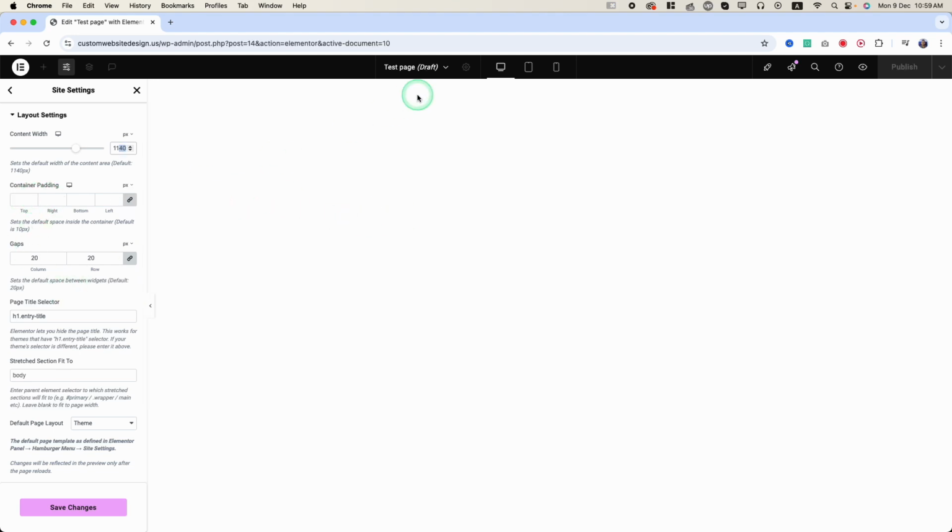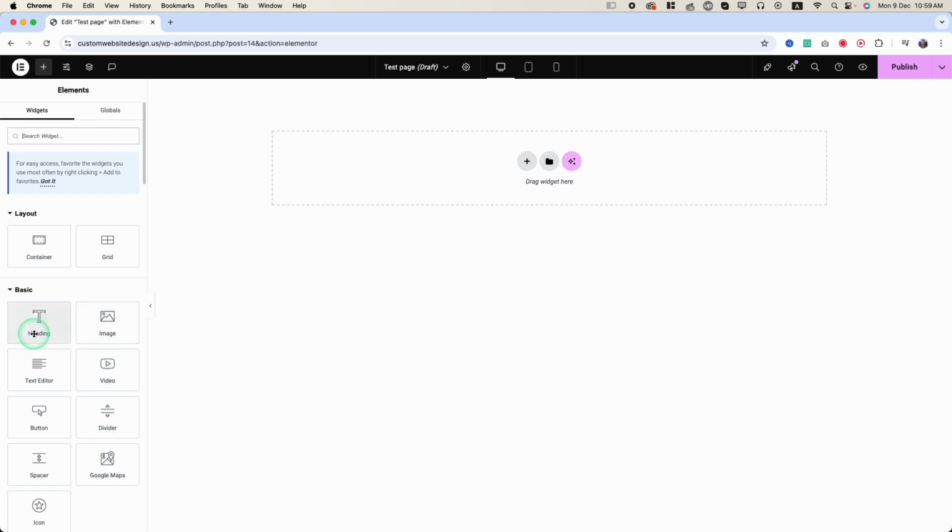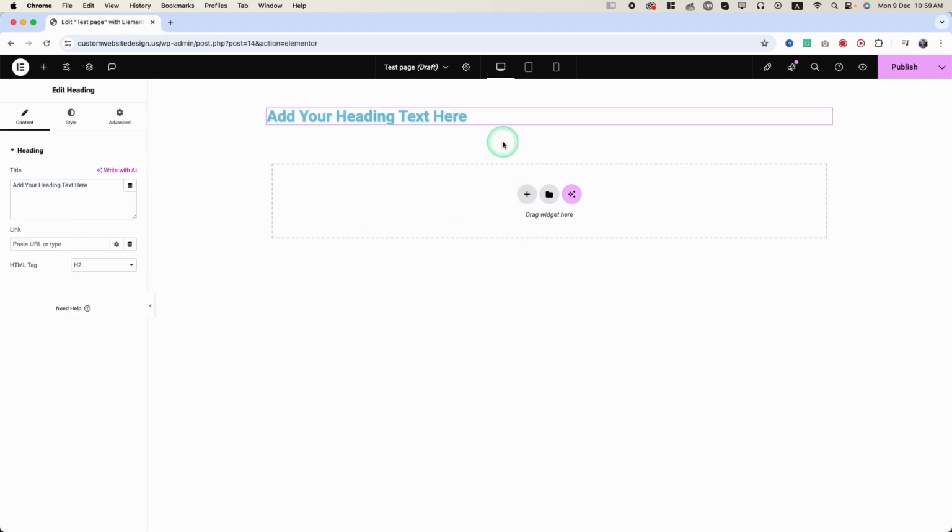And if we want to add padding to the top of the website, we can just unlink this value by clicking this chain icon, and here we can set it like 60, and then let's click on save. And now I click on back to editor, and then let's just drag and drop a headline like this,